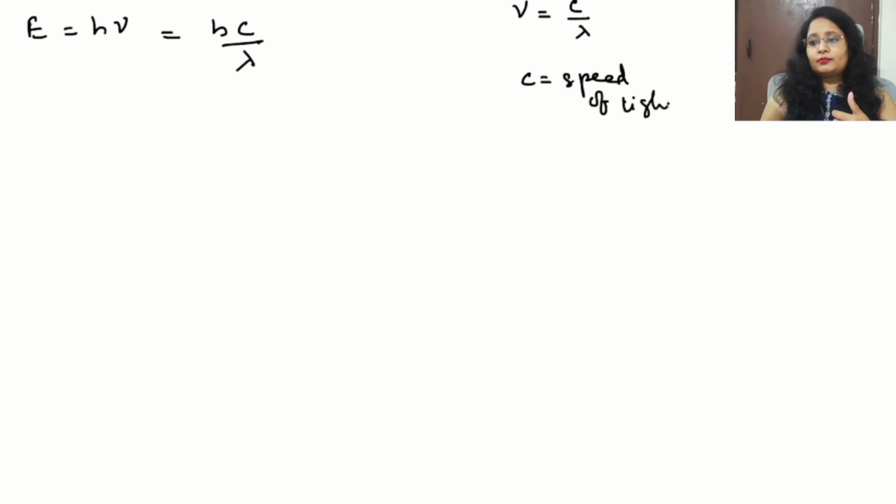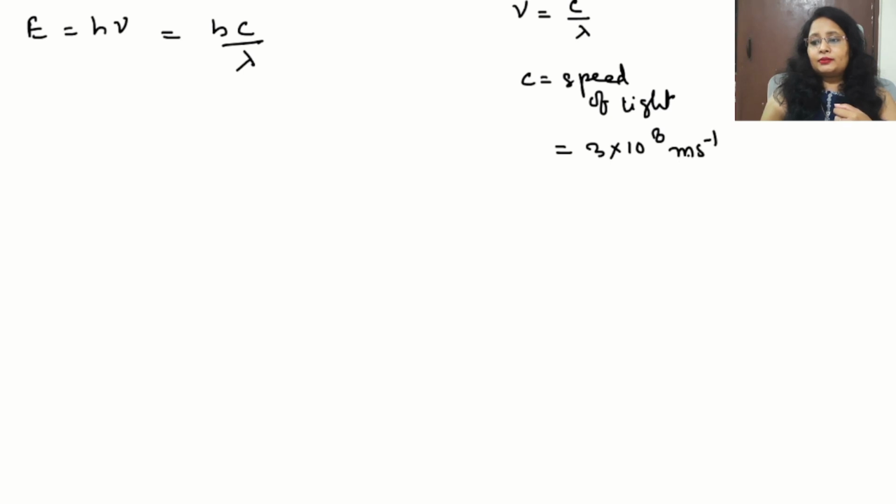Now come to the second part. For the second part, where we need to find the energy and the wavelength is given, we will put the formula E is equal to h mu, and we also know that mu is equal to C by lambda. So we'll put C by lambda in place of mu. So the formula will become h C by lambda. Now putting the values in this, here we can write C is equal to the speed of light, and its value is 3 into 10 to the power 8